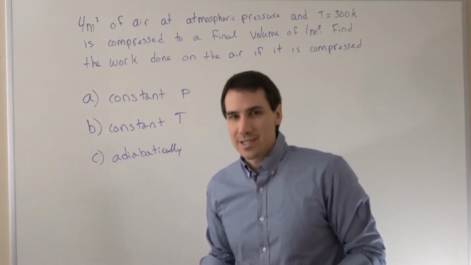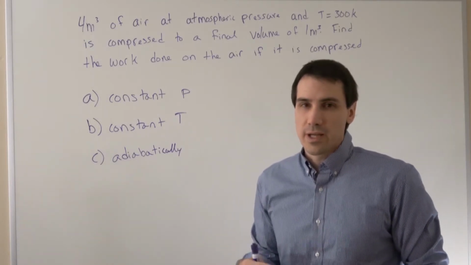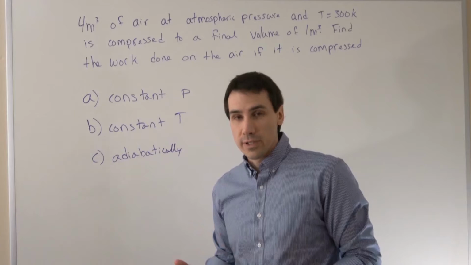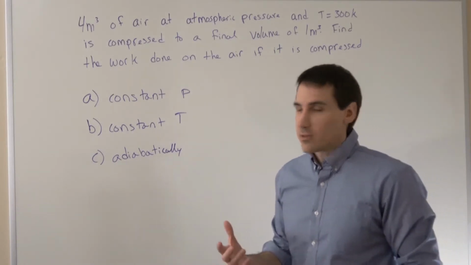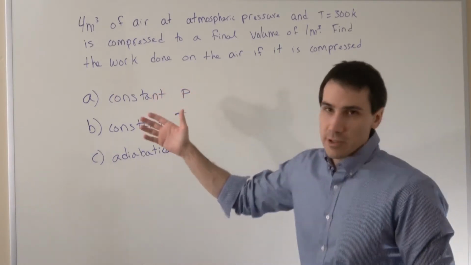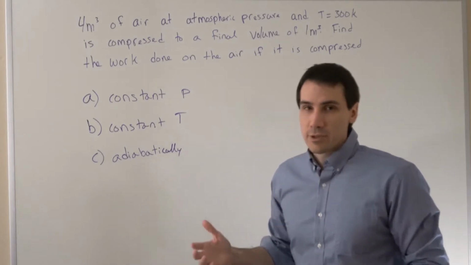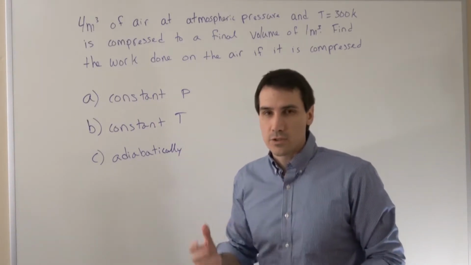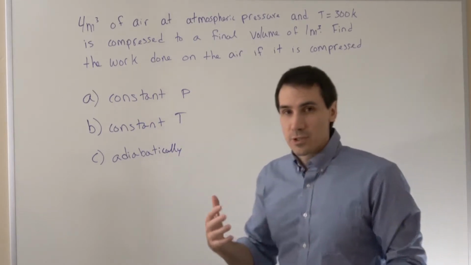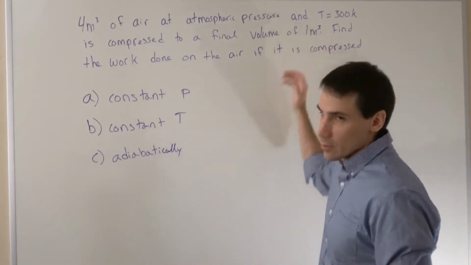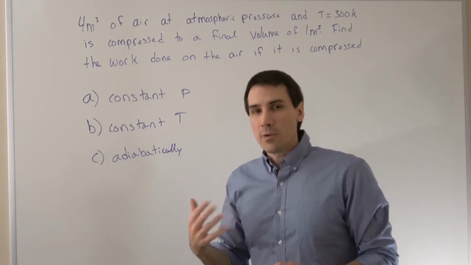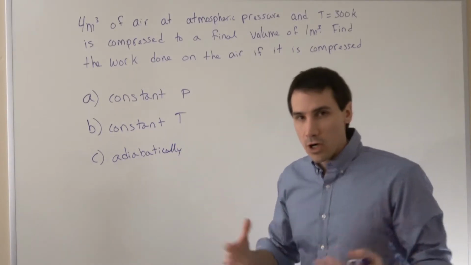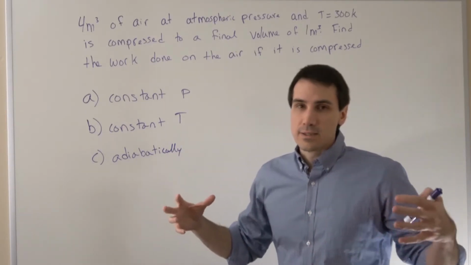In this video, we are going to discuss the compression of an ideal gas under various conditions. The setup of the problem is that we have 4 cubic meters of air at atmospheric pressure and at 300 Kelvin as its initial temperature, and that air is compressed to a final volume of 1 cubic meter. And what we want to do is find the work done on the air as it is